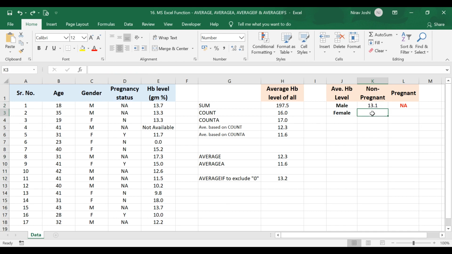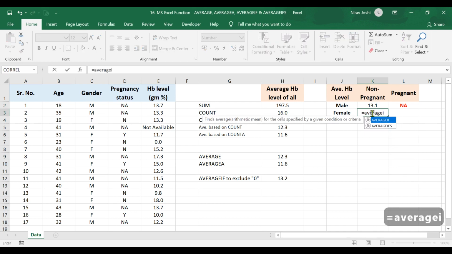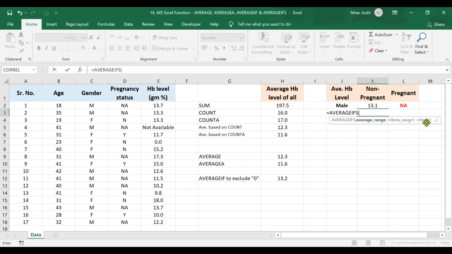Now we will understand the application of the AVERAGEIFS function. For that, we need to provide two or more ranges as well as criteria. Here the sequence of providing ranges has changed. We need to first provide the range to calculate the average. So this will be the range based on which the average would be calculated.